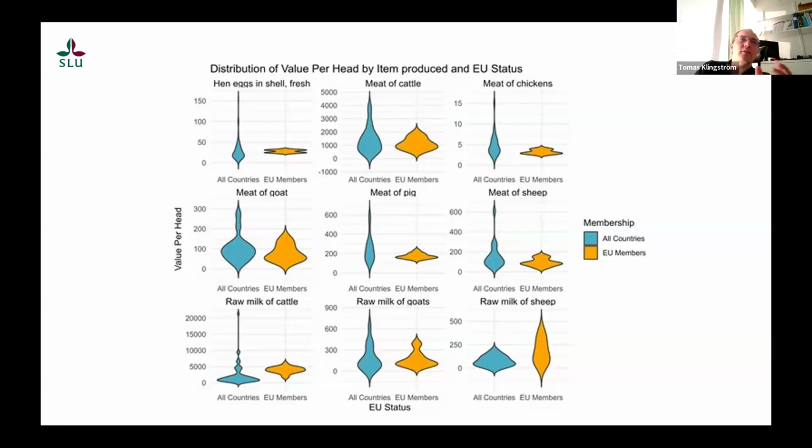And what this illustrates on the turquoise charts, they are the data from the UN-FAO on how much value one animal generates during 1 year. And on the right side, we subsetted it to only look at the EU members. And we did this because for most animals, the EU data is much more homogeneous in terms of economic value because we have a single internal market. And what is worth noting here is that